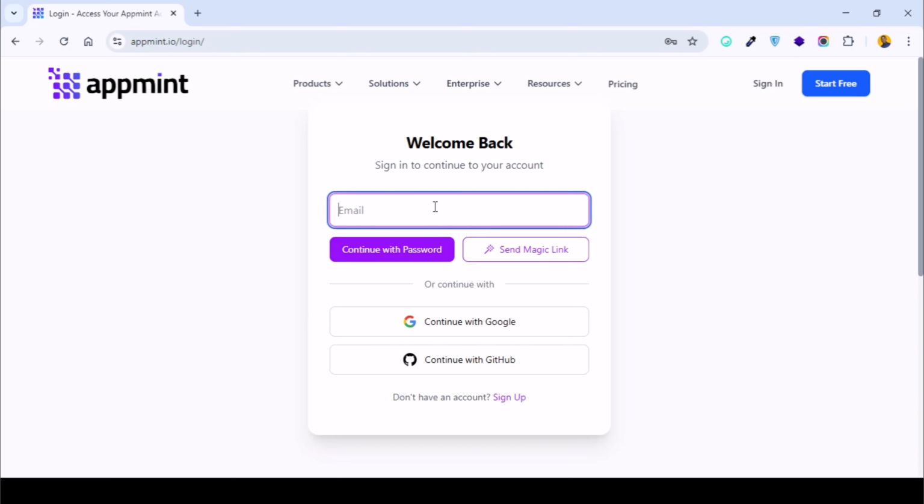So you can either enter your email address. In this case, let me enter my email address. You can either continue with password or send magic link. Magic link is simply something like a passwordless login, whereby once you click on it, it's going to send you a link to an email, and upon clicking on that link inside your email, it's going to take you